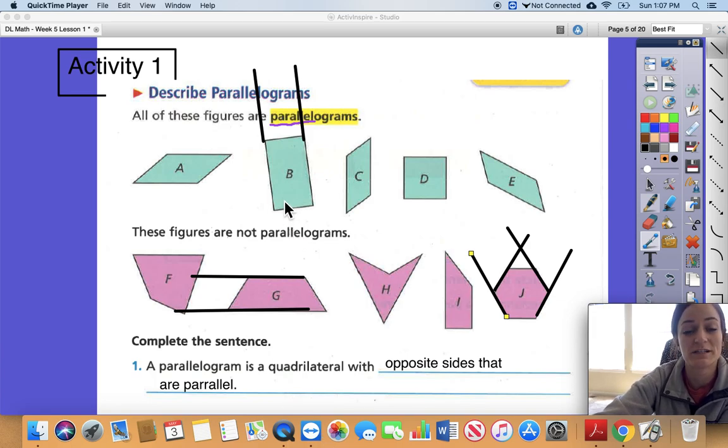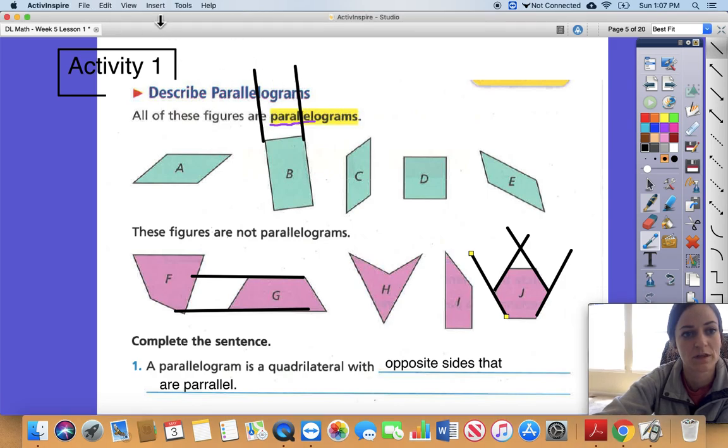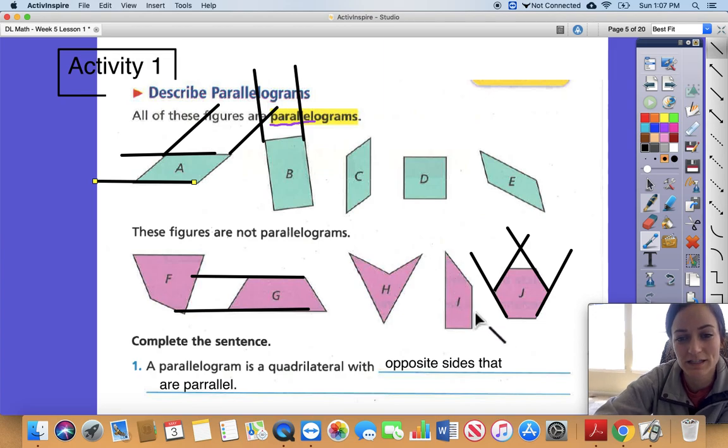So a parallelogram is a quadrilateral with opposite sides that are parallel. So both sets of sides are parallel to each other. If you were to extend these two sets of lines out, they would never touch. This is a new tool that I'm trying, so we'll see if it works very well, but you would extend these forever. For example, this one isn't a parallelogram because if I were to extend opposite sides,